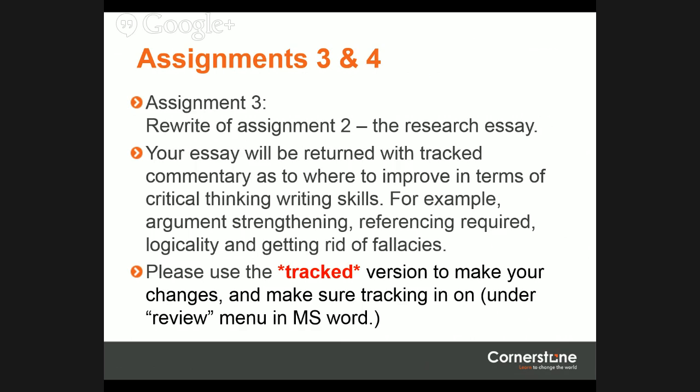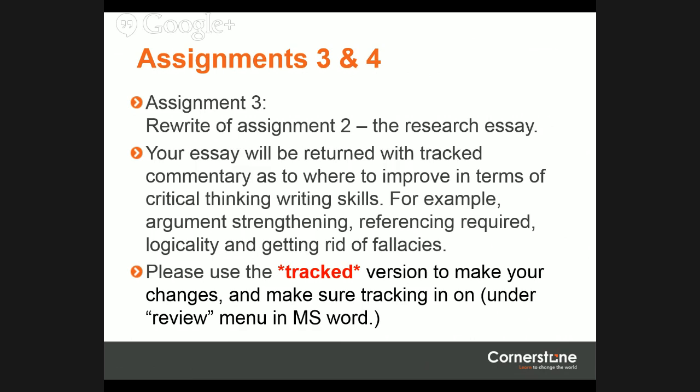Some of the examples of things that Bastian and myself may have commented upon were things like argument strengthening, the referencing that you needed to have that you did not, logicality in the sense of whether your argument makes sense in an analytical, logical way, or whether you are relying on emotion, or strawman arguments, or circuitous logic, etc. And then also the idea of getting rid of fallacies within your arguments so that your arguments can be proven as you show us that you can write an academic essay.